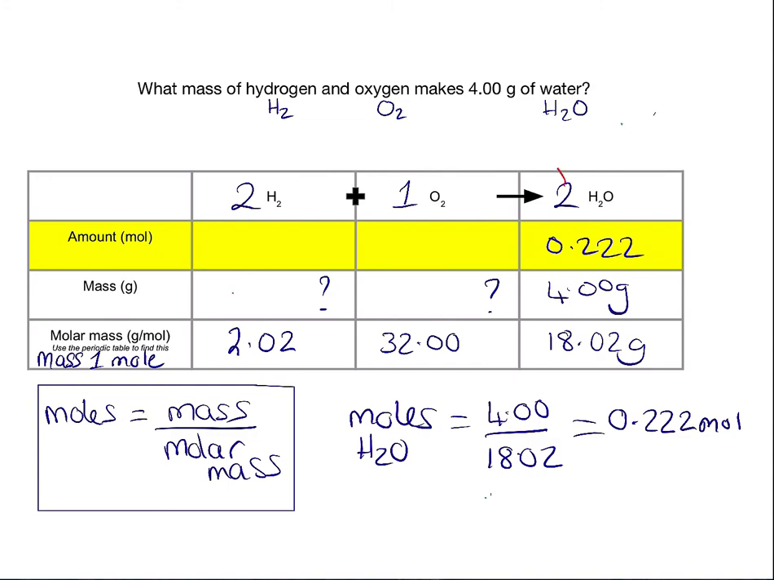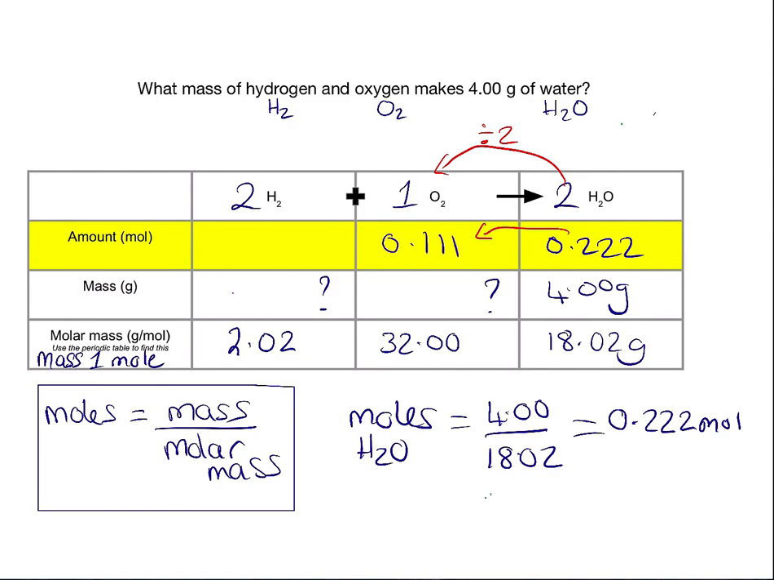So if I go from 2 to 1, okay, 2 moles to 1 mole, that means I am dividing that by 2. Okay, and if I go from 2 to 2, I'm not doing anything, it's the same number of moles, okay? So to go from 2 to 1, I'm dividing by 2, which means I also must have to do the same to this number of moles here. So if I divide 0.222 by 2,